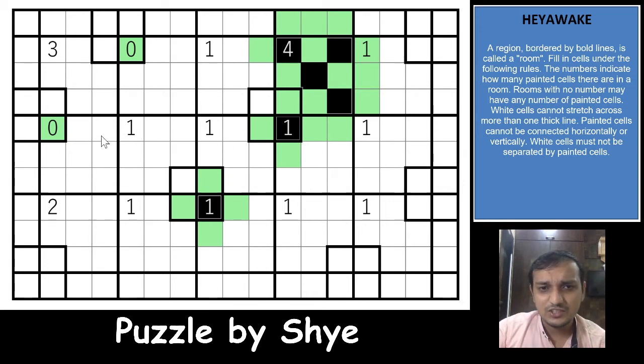So if you see the ones here, only one cell will be shaded in these 8 cells, right? If you see deeply, out of these 5 cells, one will have to be shaded. What happens if all of these are unshaded? You will have white cells stretching across more than 2 thick lines, right? Which means that one of these 5 cells will have to be shaded. The same logic works with one of these 6 cells as well.